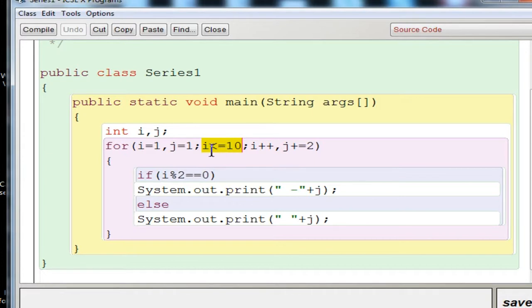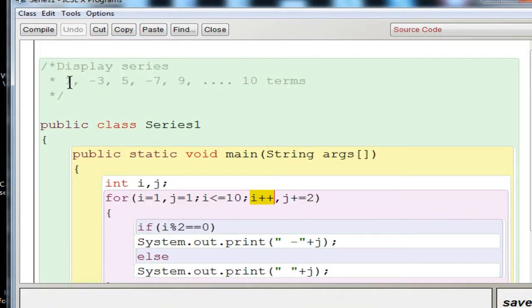So this will count the number of terms. Now you can see that the series are odd numbers, so you need another variable to display the odd numbers. So I have selected j and initialized it as the first number, that is 1, and then increase by 2. So it will jump two numbers, so it will get the odd numbers.